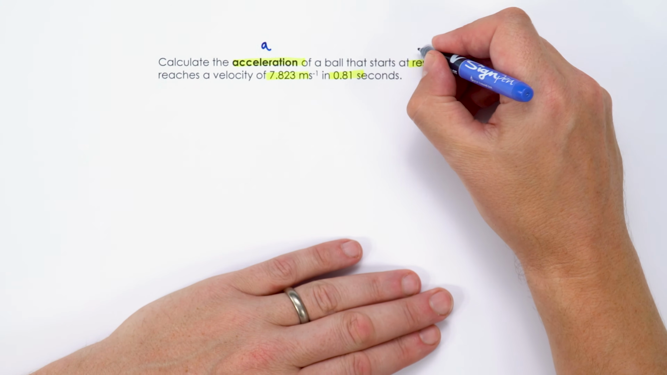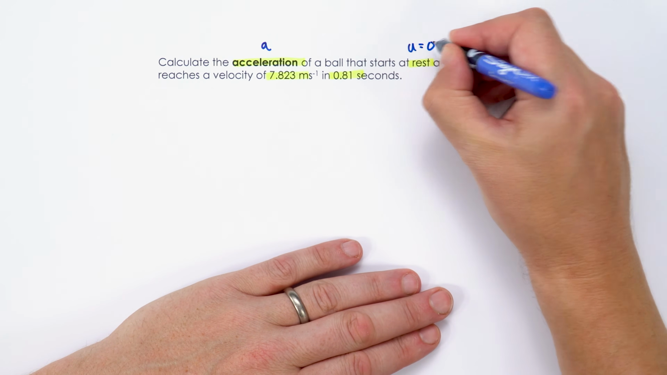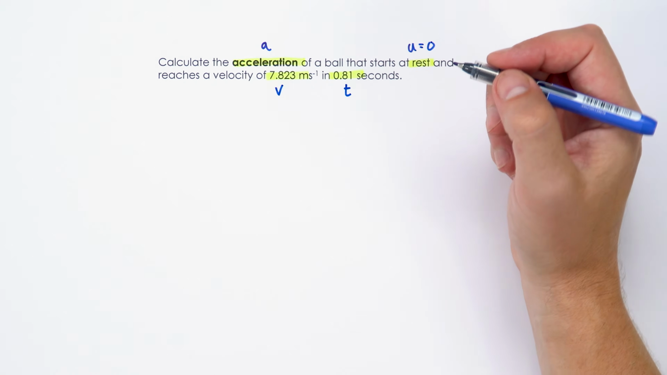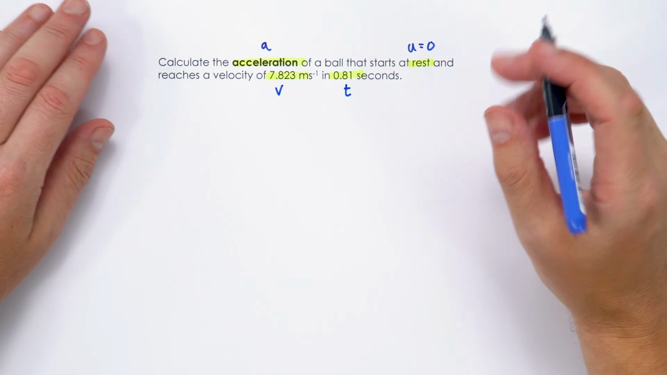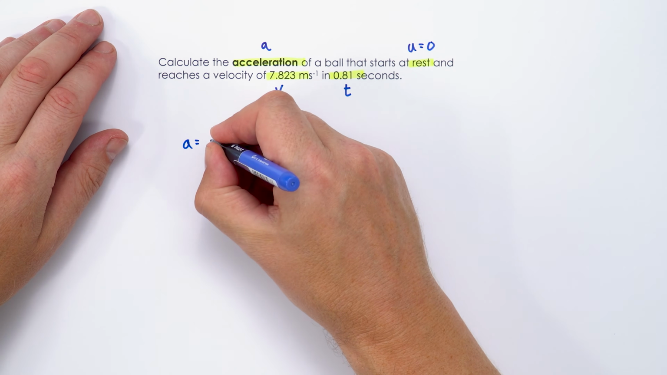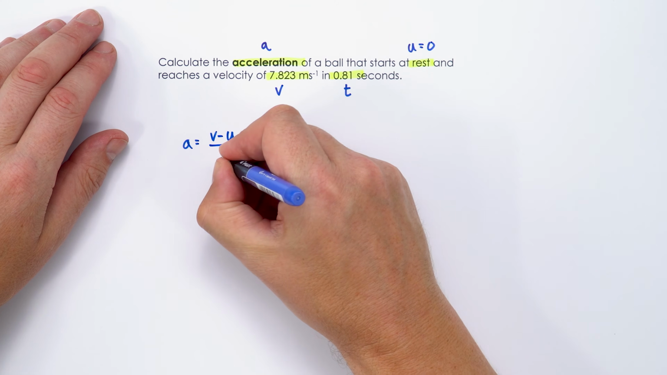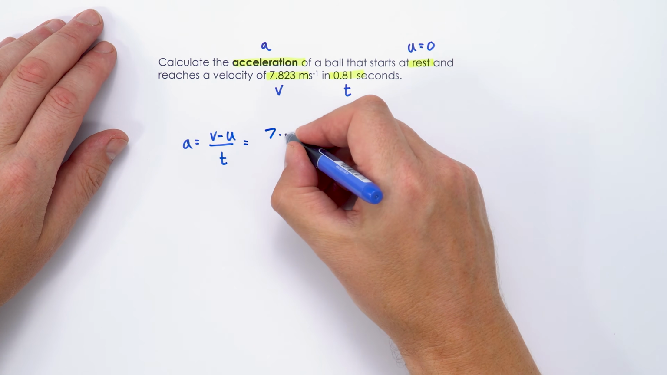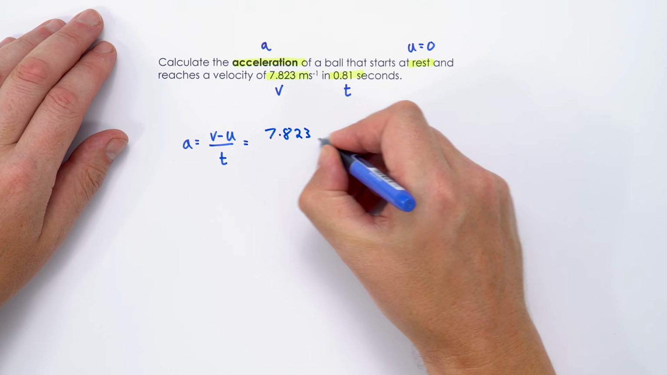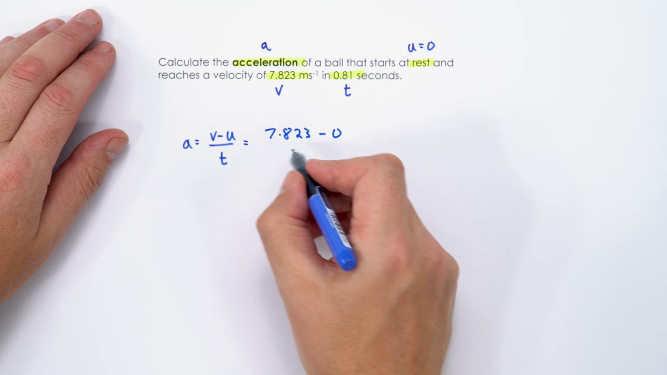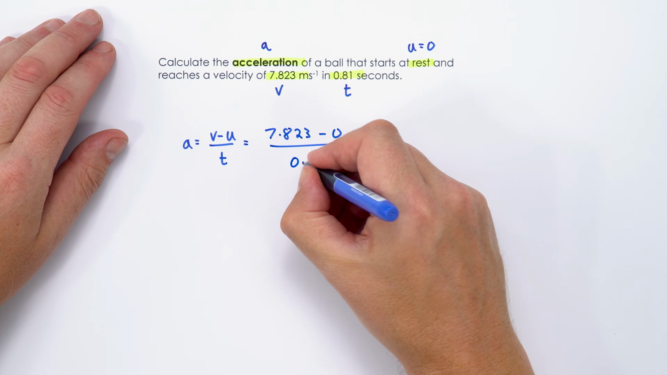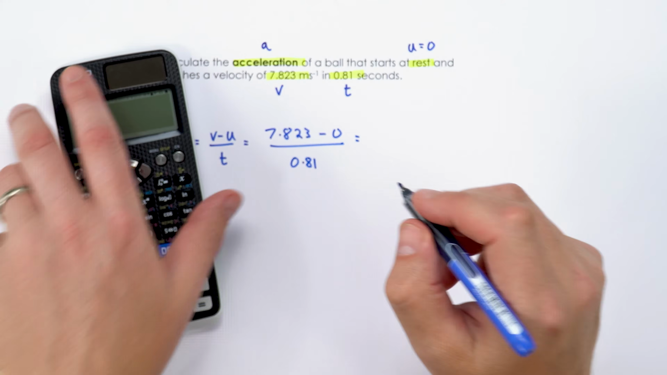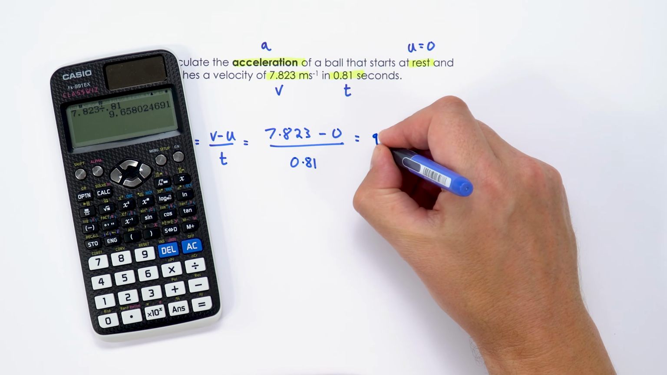We know it starts at rest, so u is equal to 0. This is our final velocity and this is the time it takes. Now we're going to use the standard GCSE equation that says acceleration is equal to the change in velocity divided by time. We can put the numbers in, so we've got 7.823 minus 0 divided by 0.81. And when we work that out in a calculator, this gives us a number equal to